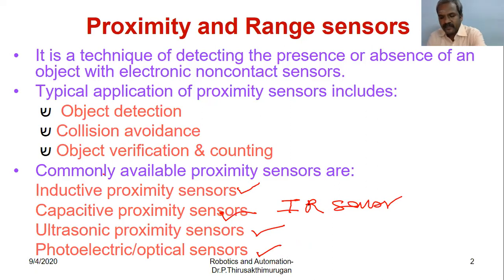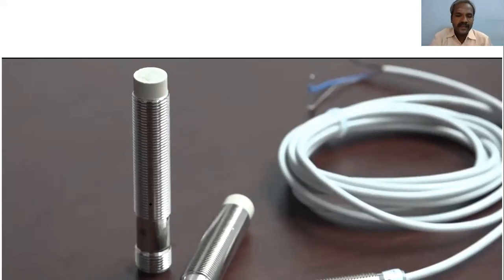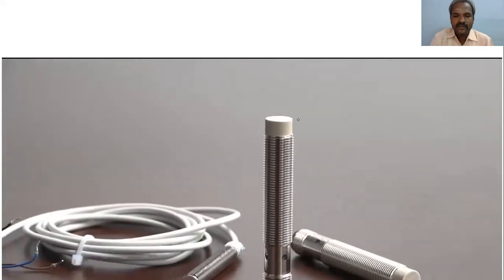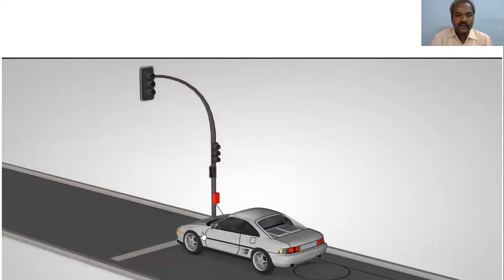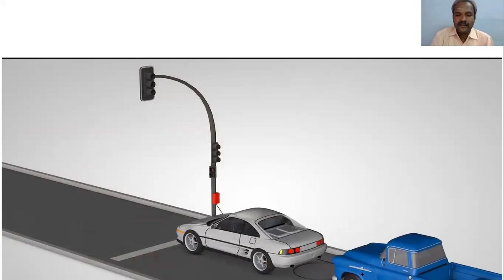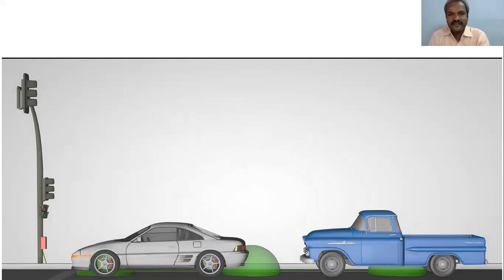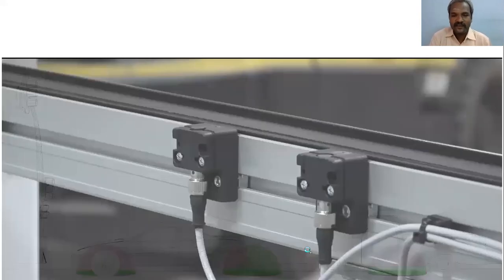Okay. Let's see one small clip that will explain the applications. So here, this is the probe. Actually, the inductive and capacitive transducers are mounted like a probe. So you see here, one vehicle stopped at this signal, and the other vehicle automatically maintains the gap. So actually, we can fix these sensors for human beings in this pandemic situation, when the people are in a queue.